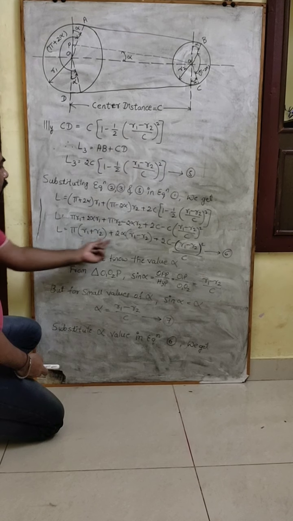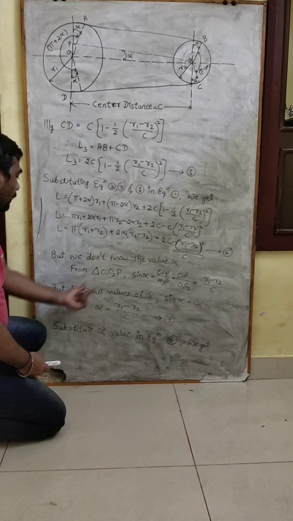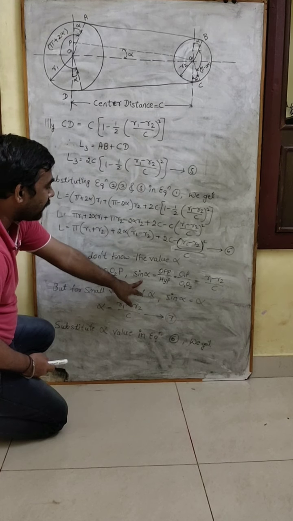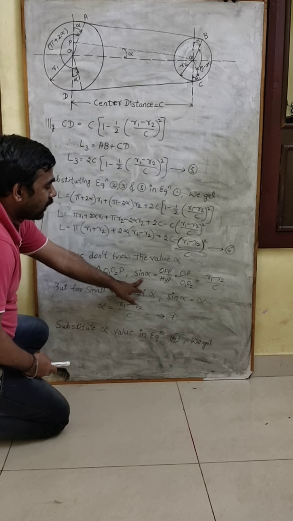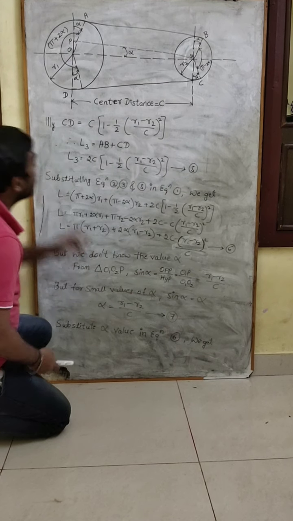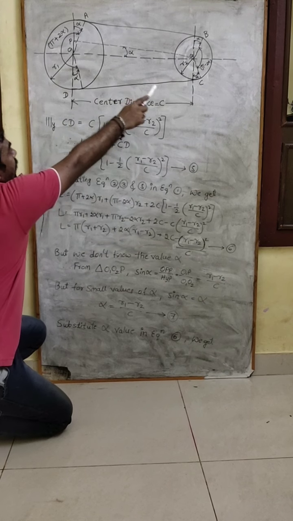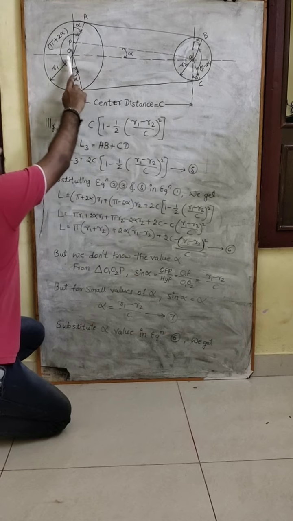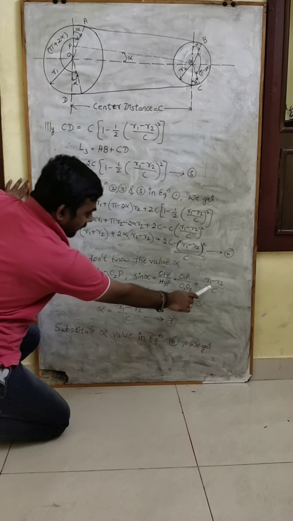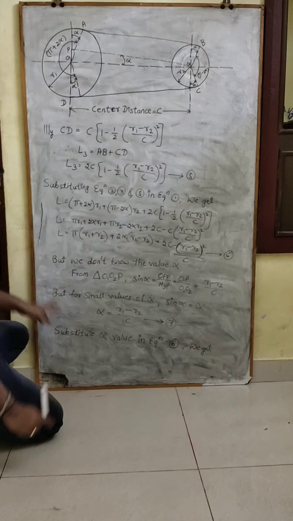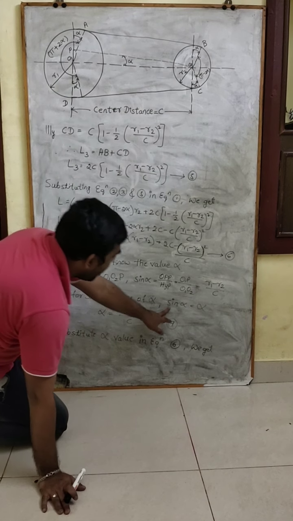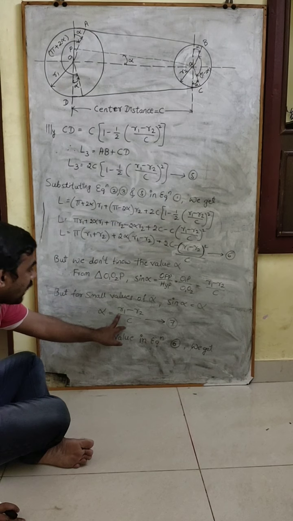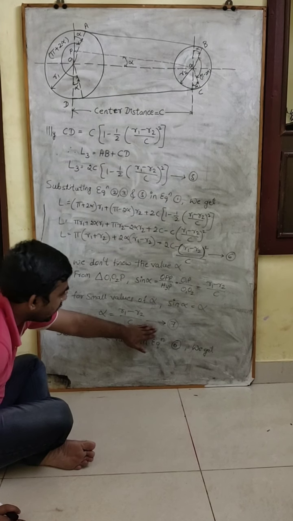But in equation number 6, we don't know the value of alpha. So we use the triangle O1O2P we already took. From that triangle, applying the trigonometric function, sin alpha equals opposite by hypotenuse. The opposite side is O1P, and the hypotenuse is O1O2. O1P we already know is R1 minus R2, and O1O2 is C, the center distance. Substitute those values here. For small values of alpha, sin alpha can be taken as alpha. So this equation becomes alpha equal to R1 minus R2 by C. This is equation number 7.